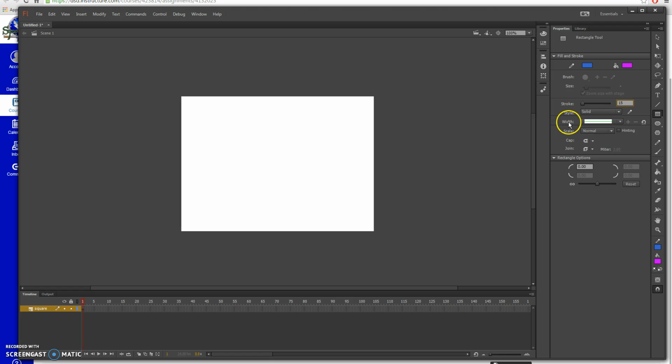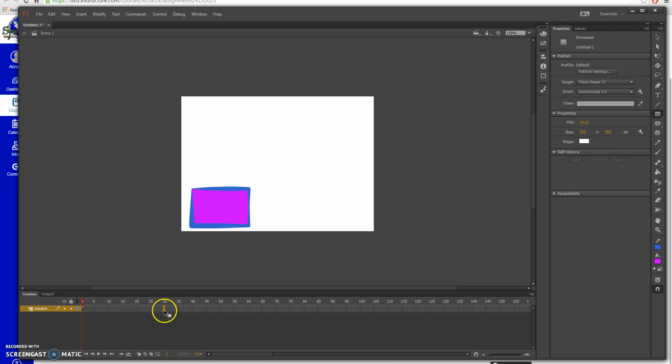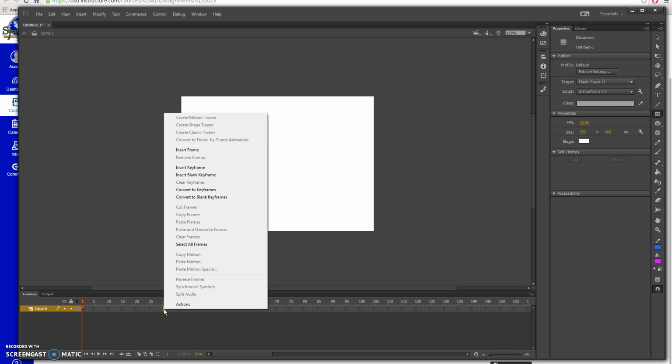And then also right here where it says width, we're going to change the width profile to something else, any of those. So then you go ahead and draw a square or a rectangle. And you can see that the width profile is very easy to see, and that was what we were going for. Then we're going to go to frame 30 in your timeline and right click, and we're going to insert